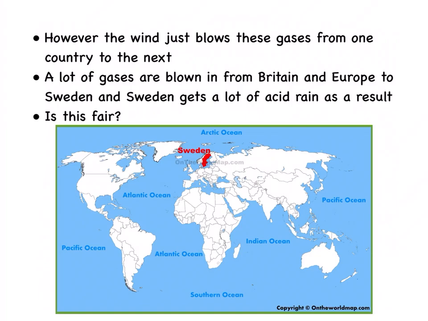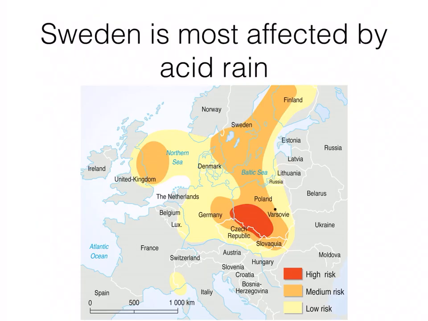All those fumes up in the air are being blown up towards Sweden because of prevailing winds. In the air as they're being blown up towards Sweden, they're mixing with the moisture and they're falling as acid rain. So Sweden is really seeing the harmful results of acid rain, and the question in front of you is, is this fair? No, because Sweden might not be the worst culprit for producing harmful gases, but we are doing it and we're leaving them with the fallout from it.